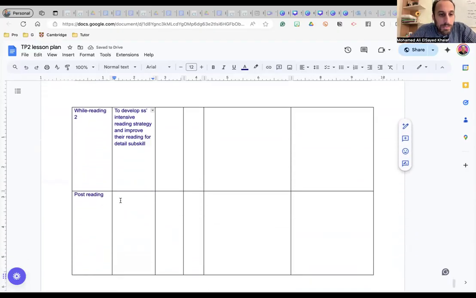The last stage, post-reading. In the session, we had post-reading. It can be either speaking or writing. What was the purpose of the post-reading stage? I forgot. Okay, let's go to the recording. We have a reference to go back to. Don't leave yourself lost.